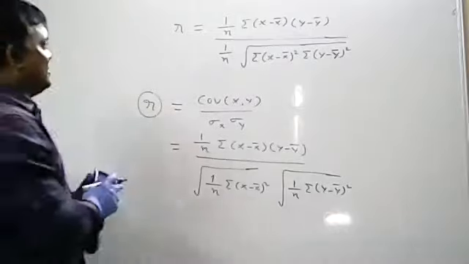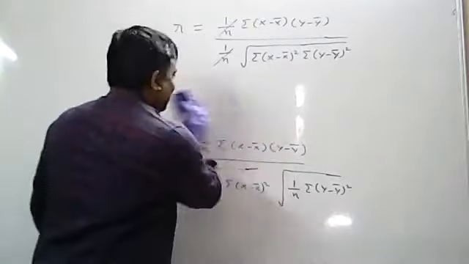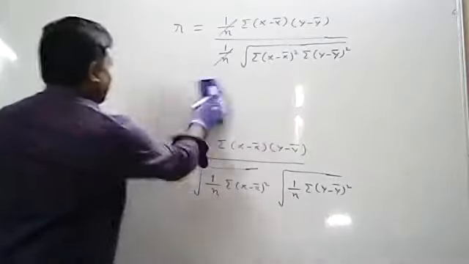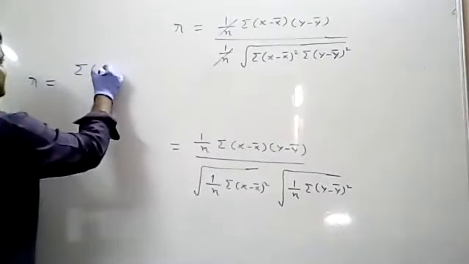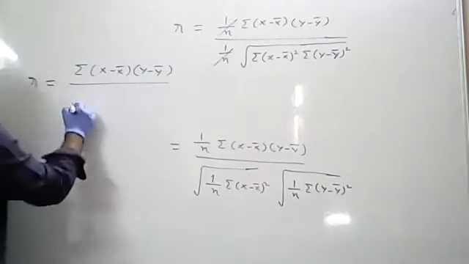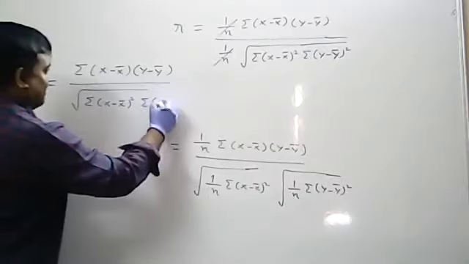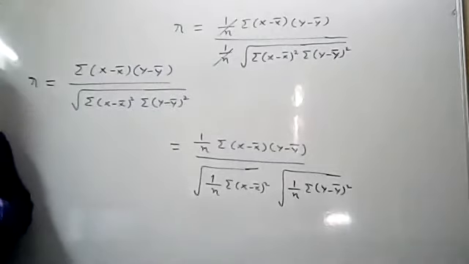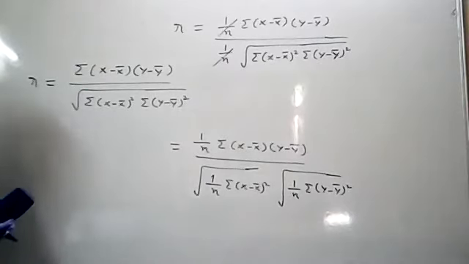Now what are the terms that will be cancelled here? 1 by n gets cancelled, 1 by n gets cancelled. Therefore finally what is the r value you are getting? r equal to summation x minus x bar into y minus y bar divided by root over summation x minus x bar whole square into summation y minus y bar whole square. So this is the simplification term you are getting. Now what I will do,